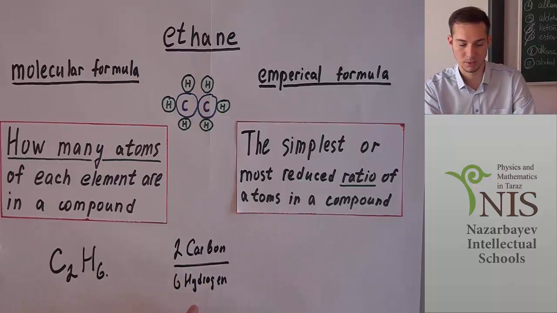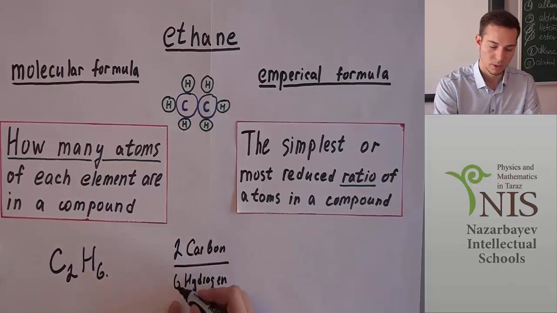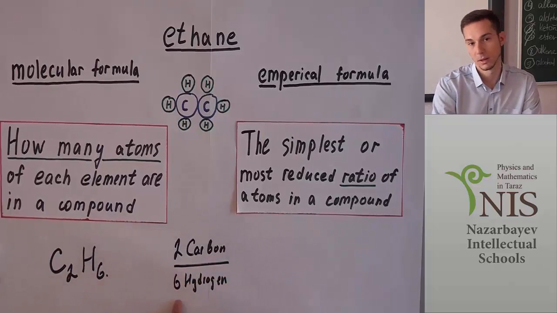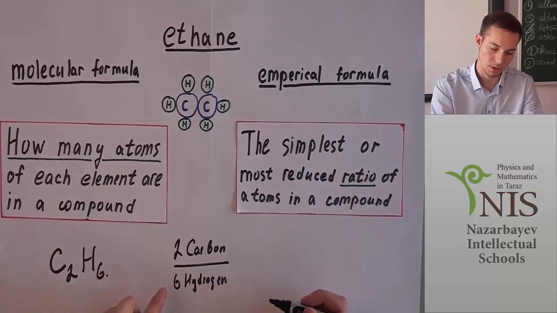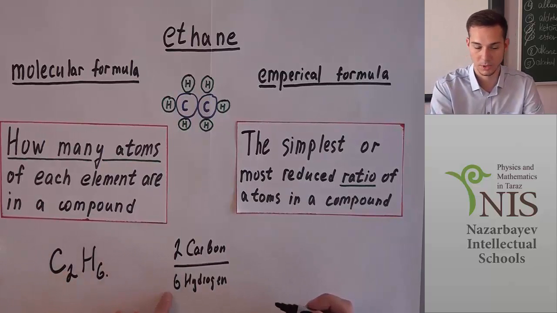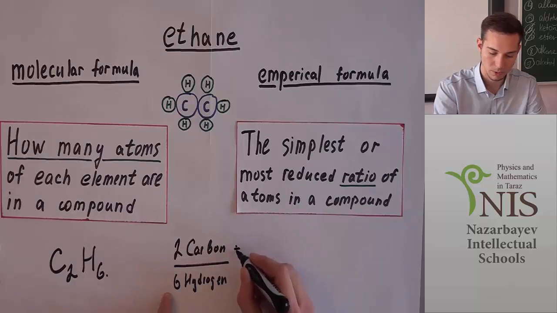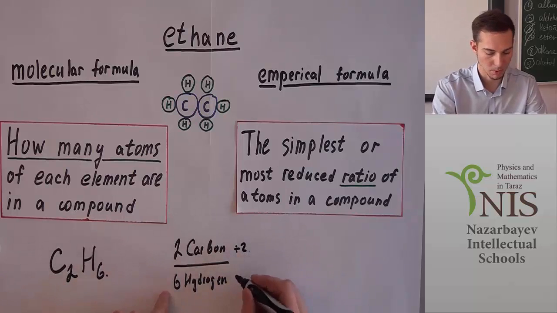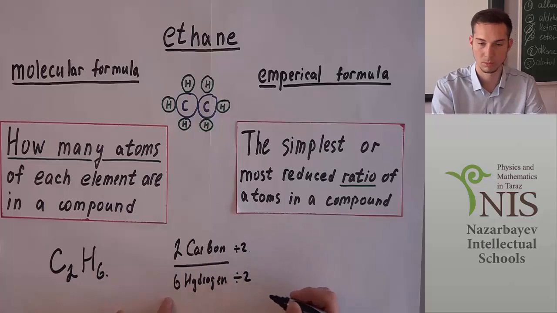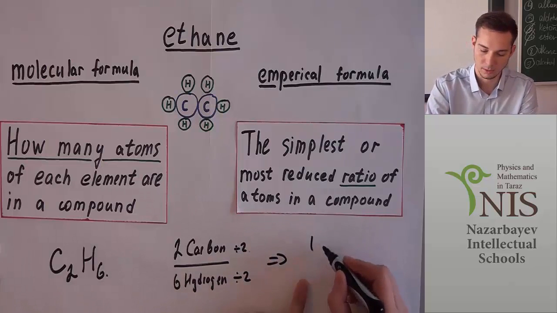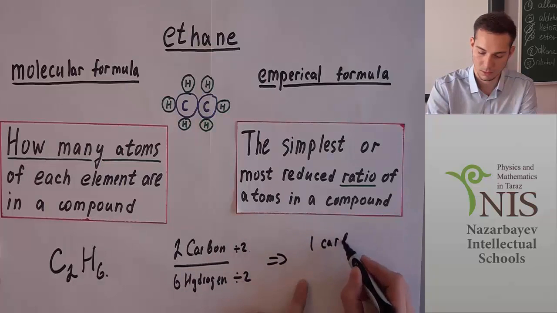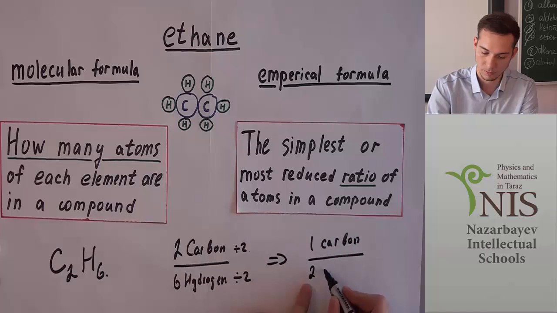Let's think about the biggest number. We can divide these numbers both. I think that the biggest number for these two numbers is 2. So we will divide the top by 2 and the bottom by 2. And we will get 1 carbon atom and 2 hydrogen